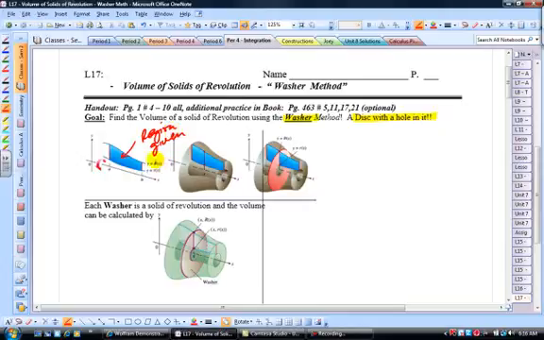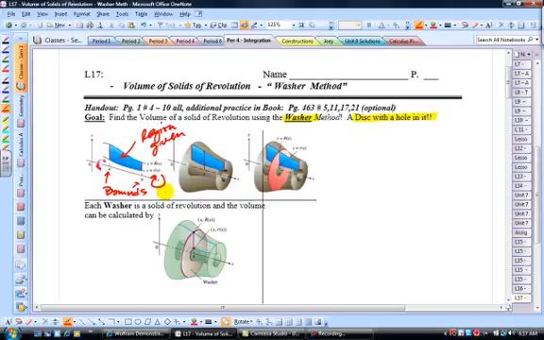And it's going to be bounded by two functions, an upper function and a lower function. We're going to be given bounds. And then what we're going to do is revolve it around the x-axis or some horizontal axis, or even the y-axis, or any line parallel to the y-axis, and see